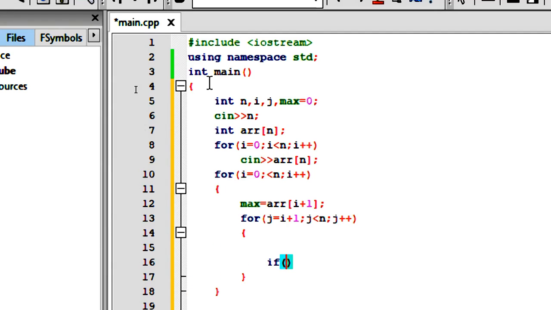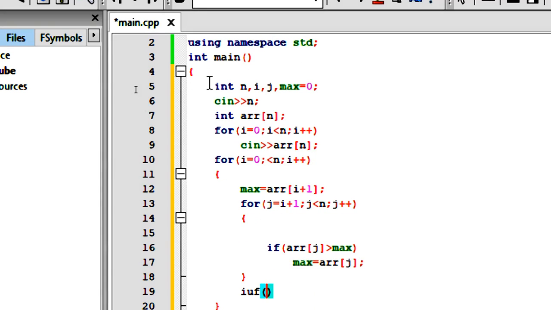And if ar of j is greater than max, then we assign the ar of j value to the max variable. And after it, we are storing the greatest element in the array.